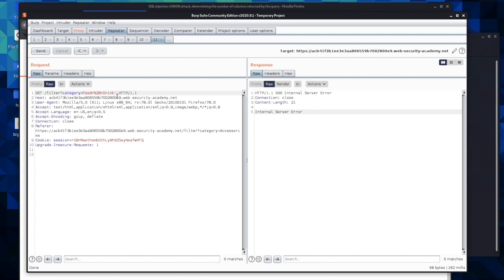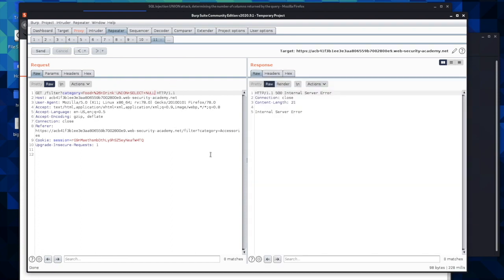and so we know we are looking for the number of columns using the union attack. So we have our single quote which breaks the query, and then we type in union, and because we are sending this request, we have to send a plus for the space. If you don't have the plus in there and you actually put a space in, it will break what we're trying to send. So union, select,